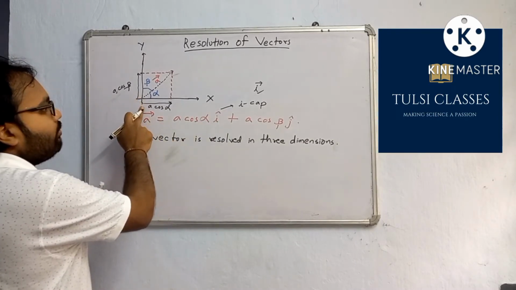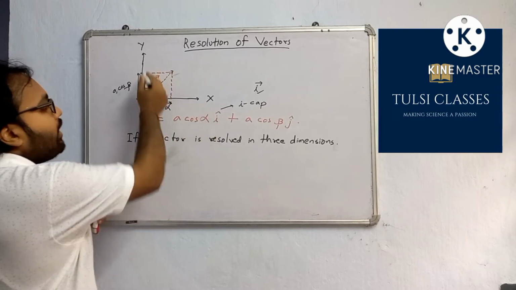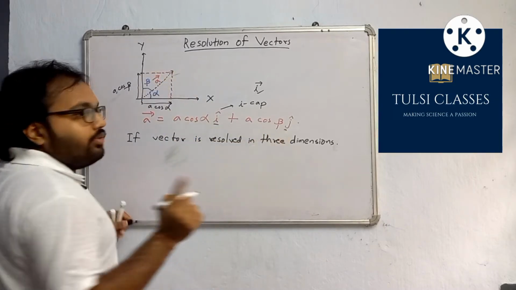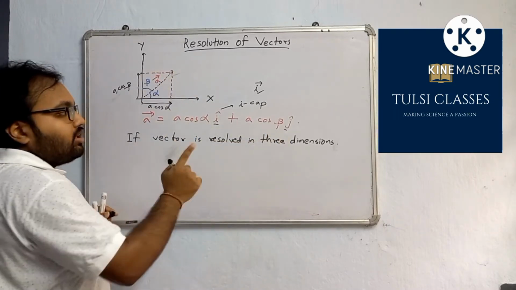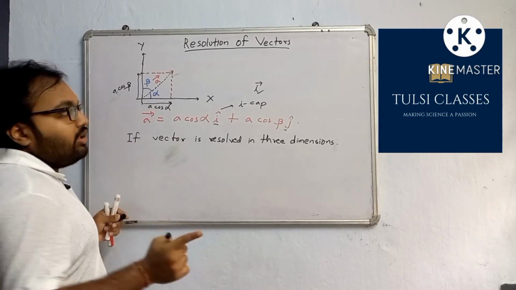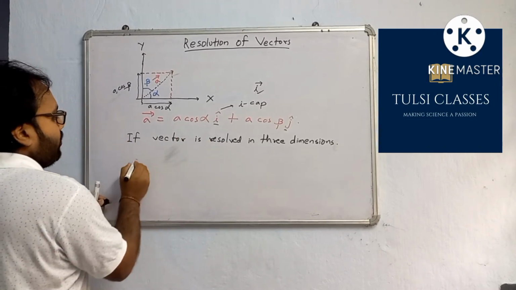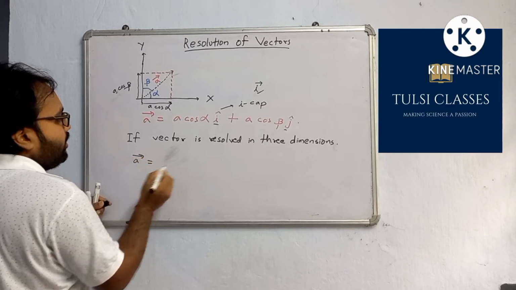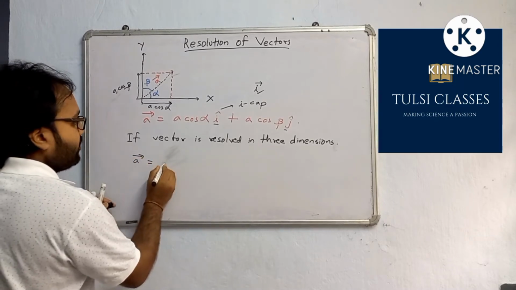Then one more dimension will be there. So if x and y have unit vectors, z will also have one unit vector. Its magnitude will be 1 and it is represented by k cap. So vector A will become, if the vector is resolved in 3 dimensions,